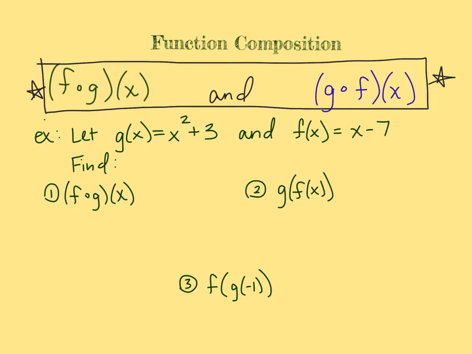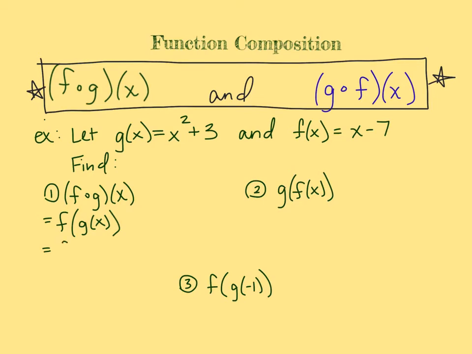So what f of g of x looks like here in number 1 is it really looks like f of g of x. We can rewrite it just like that. It equals the same thing. And that's what I prefer because visually it makes more sense. So what we're doing, instead of evaluating our function f at a number, we're not plugging in a number for x. What instead we're doing is plugging in this other function, g of x. So I'm going to rewrite it once more. I'm going to say, hey, this actually equals,